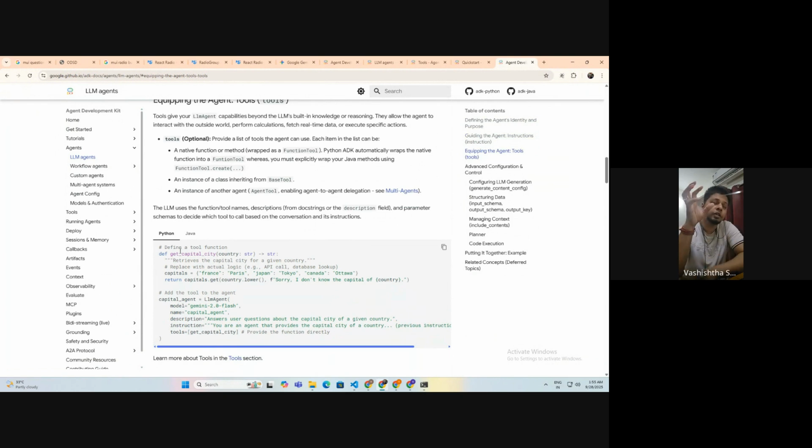So, in order for it to be able to parse it correctly, you need to put in the parameter's name extremely clearly. Otherwise, it will not be able to parse. I will make a video on that as well, on how, if your function is not well written, you can still parse it. But that will be a different video.